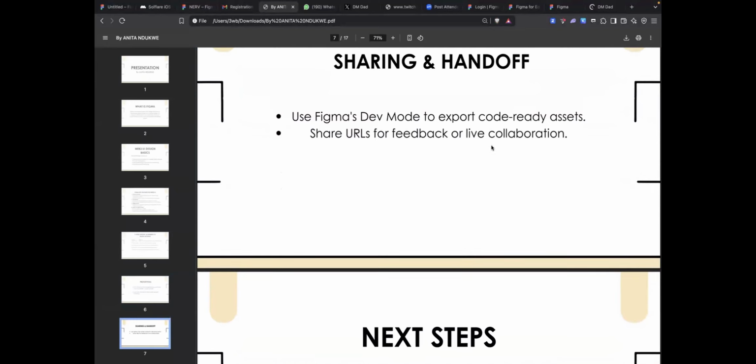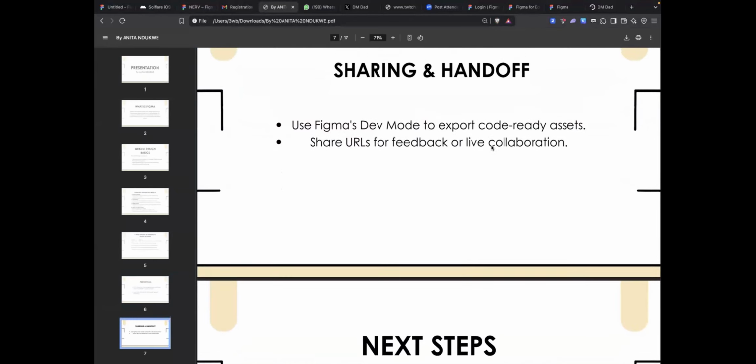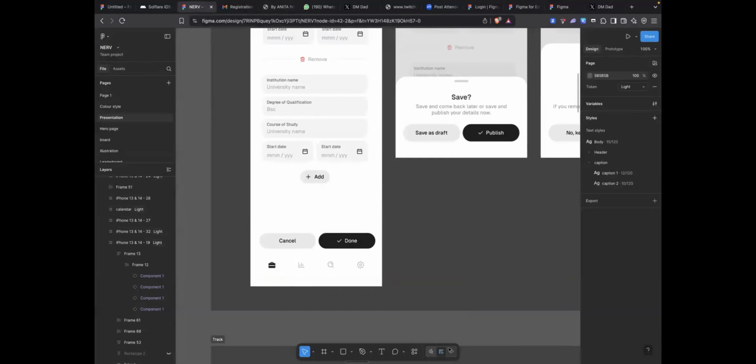The dev mode. It's not everybody that actually uses the Figma dev mode. What developers do is copy the assets and go over to the software that they are using to build the products. They copy the file, go over to that software, and build from there, because that's one of the most common things developers do. Most of the developers I've worked with, I've not even seen them use the Figma dev mode. But let me show where that Figma dev mode is.